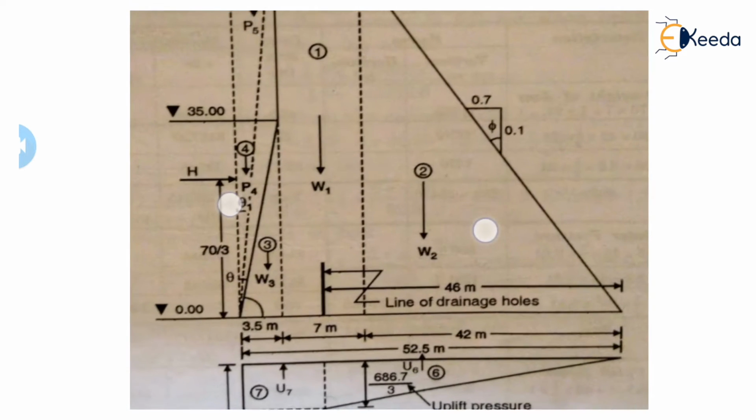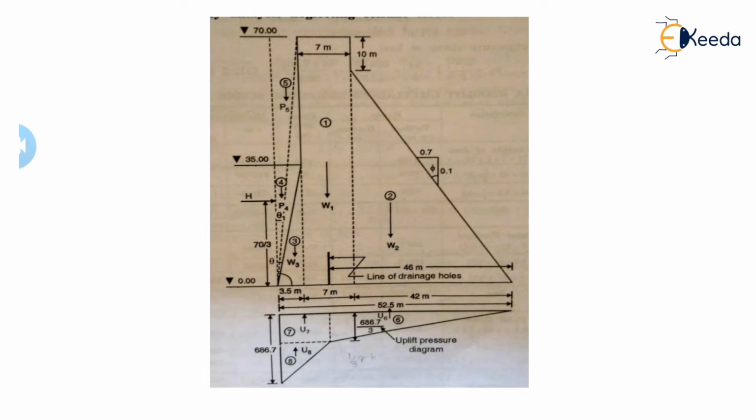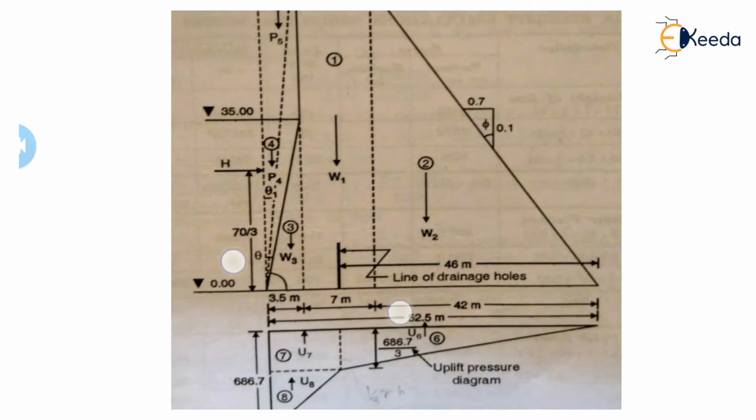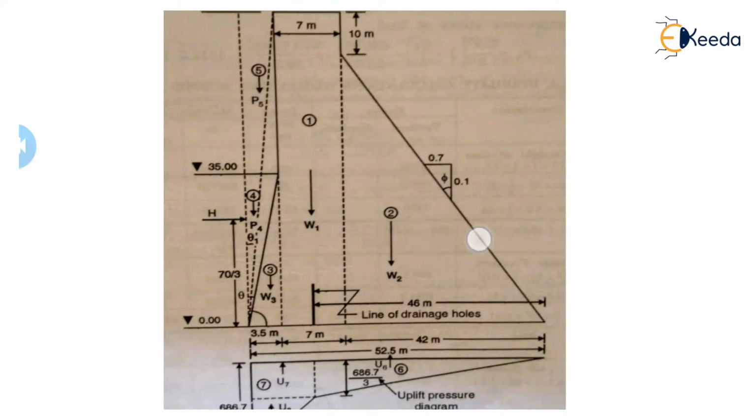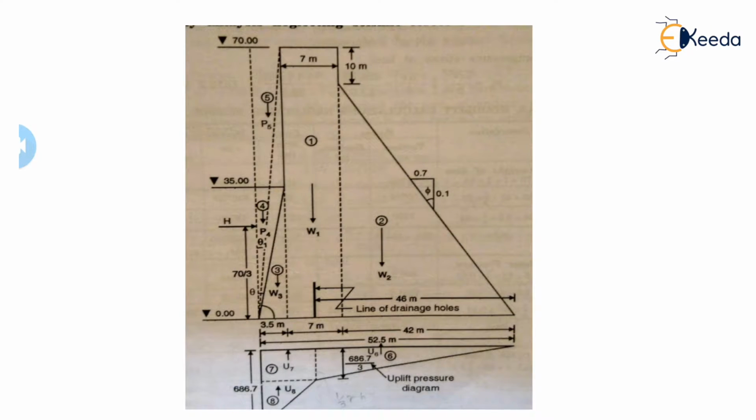Okay. So here, for finding out the self-weight of a dam, we know that the dam section is an irregular one. So we can't find out the area and we can't find out the resultant force which is acting on the body of the dam. So basically we have to divide this into various sections. You can see here we are dividing this section into three mathematical shapes.